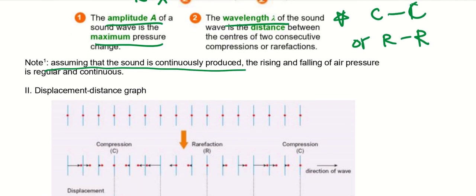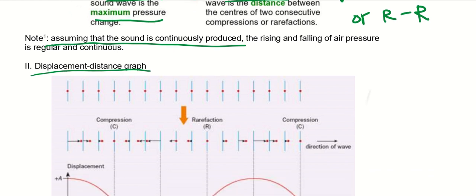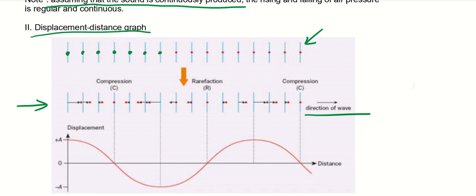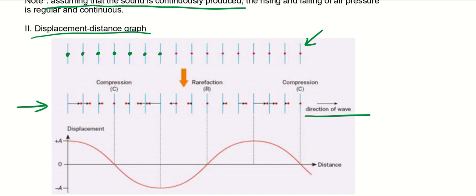Okay, we can also do a displacement-distance graph. Just now was pressure and distance. Now we go to the displacement-distance graph. Now let's understand this part of the diagram first. So all these are the air particles at the undisturbed position. Now, a wave comes along in this direction, from left to right. Okay, so at this particular time instance, we see that,